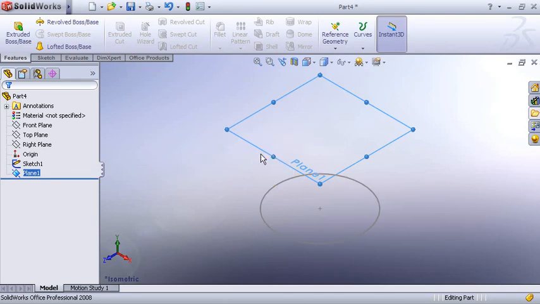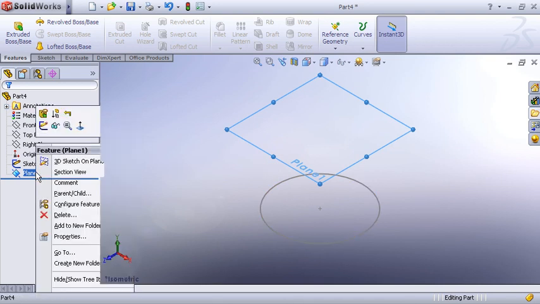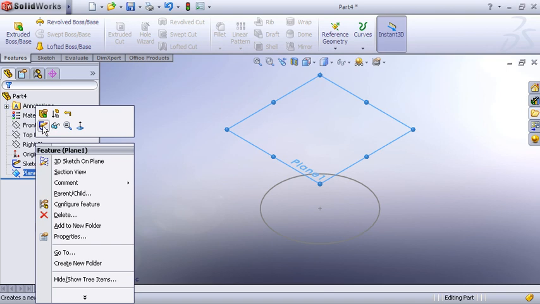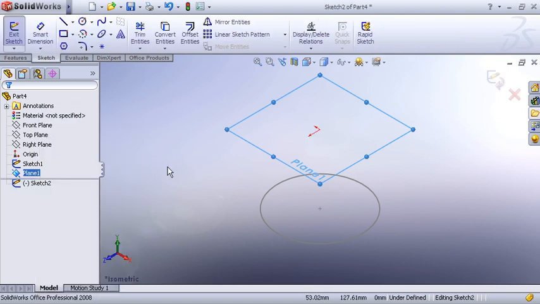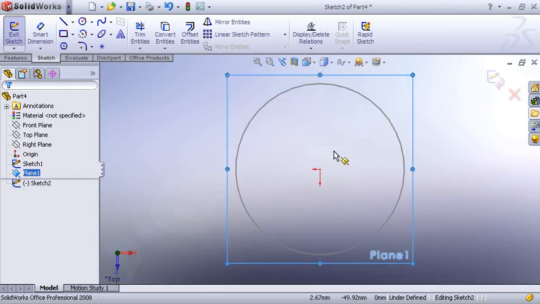On this work plane, I want to create the second cross section, that is a square. Now select this particular plane, right click on this, click on sketch. Now you are going to draw a new sketch on this particular plane. Now this plane you can see from the top. So select the top view here.